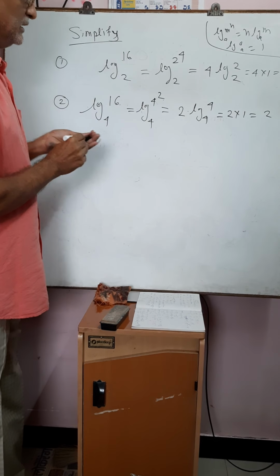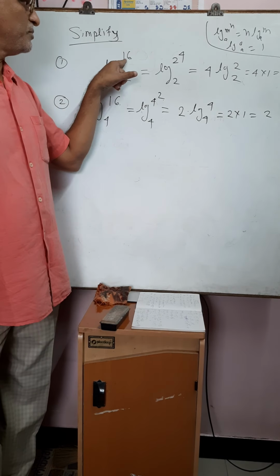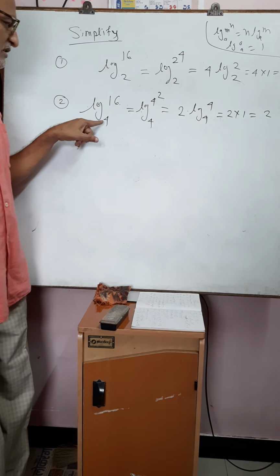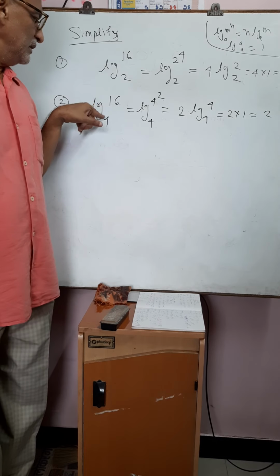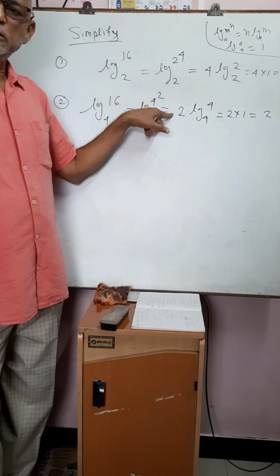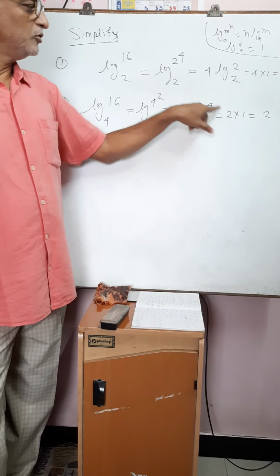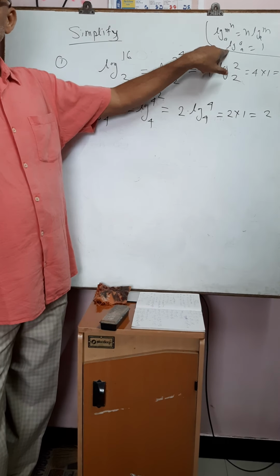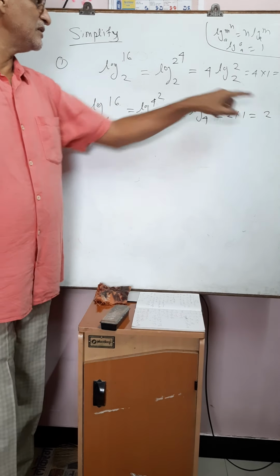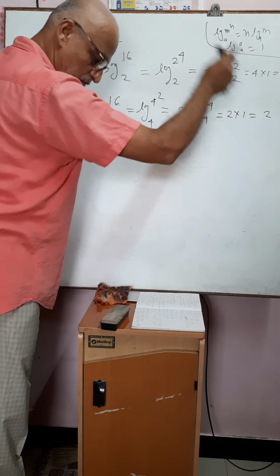So that is the difference between log 16 to the base 2 and log 16 to the base 4. यहाँ पे base 2 था, so हम लोगों ने 16 को 2 raised to 4 में लिखा, यहाँ पे base 4 है, so that's why we have written 16 in terms of 4. So log 4 square to the base 4, by the third law, can be written as 2 into log 4 to the base 4. Log 4 to the base 4 is equal to 1 by using the second property, log a to the base a equals 1, and that comes to 2 into 1 equals 2. So the answer of the first case is 4. The answer of the second case is 2.